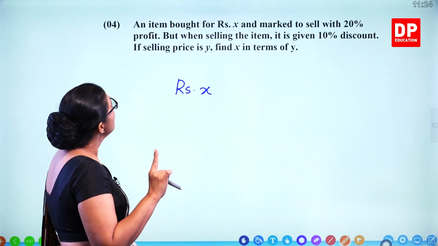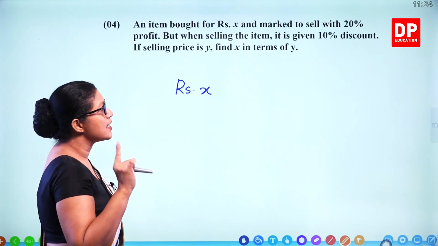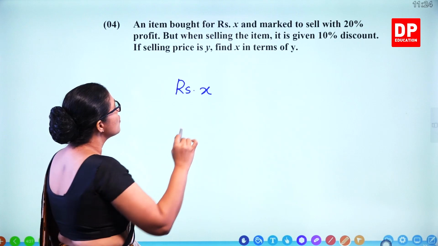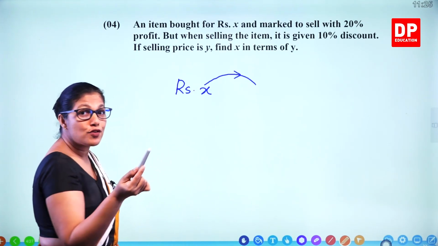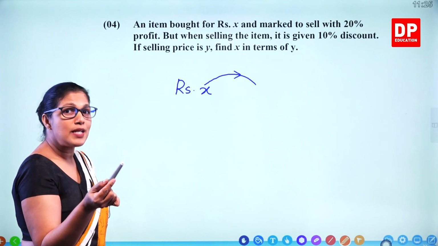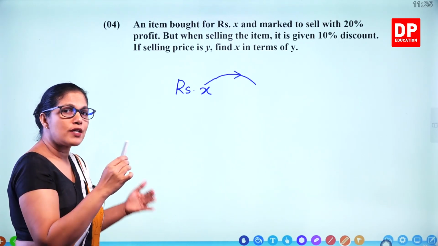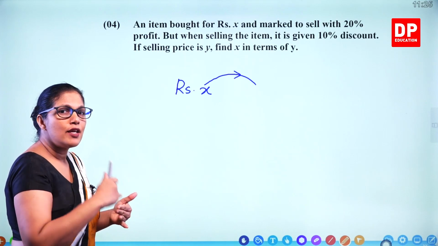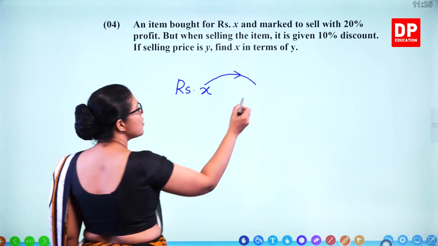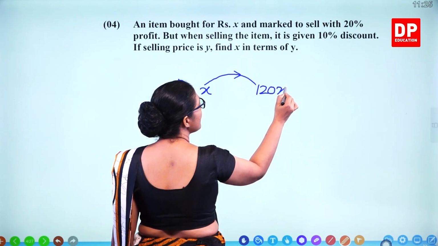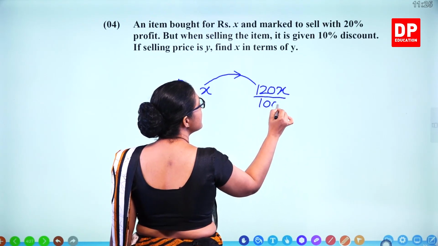And we need 20% profit. So you have to multiply by 120 and divide by 100, because if you buy for 100, you have to sell it for 120. So 120x over 100 is the